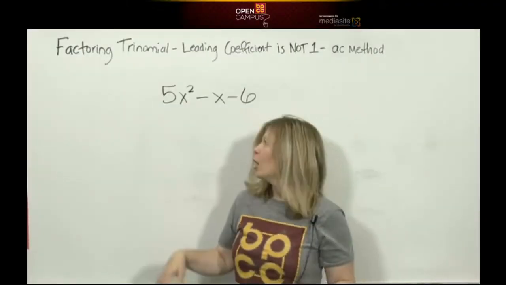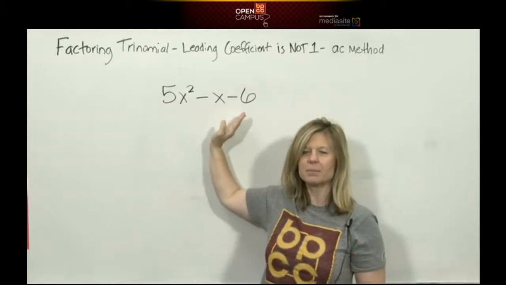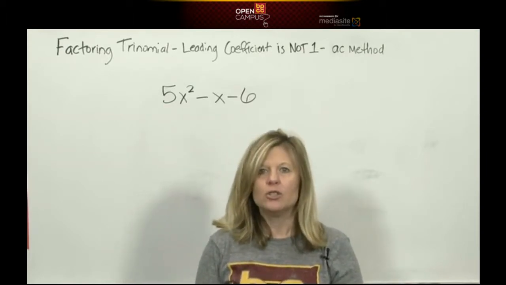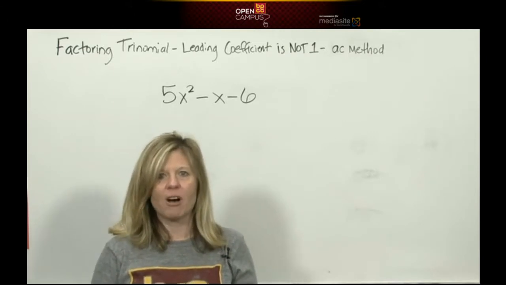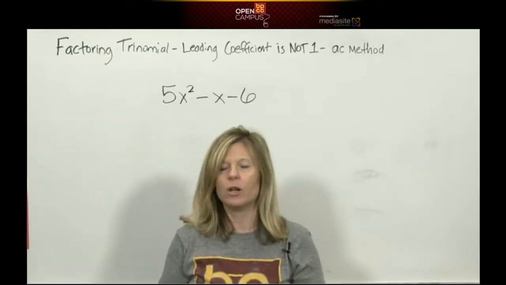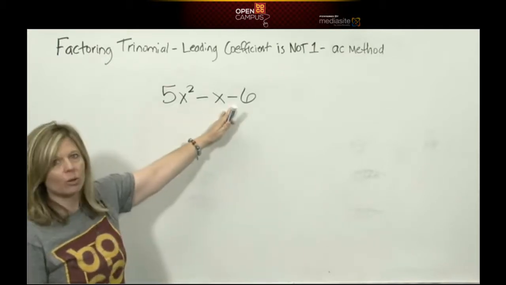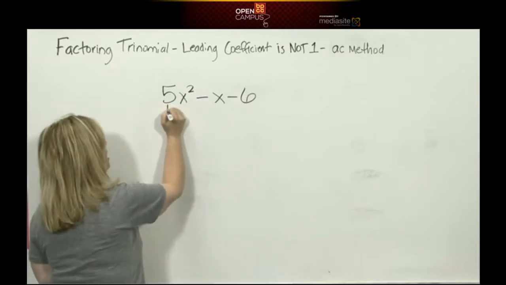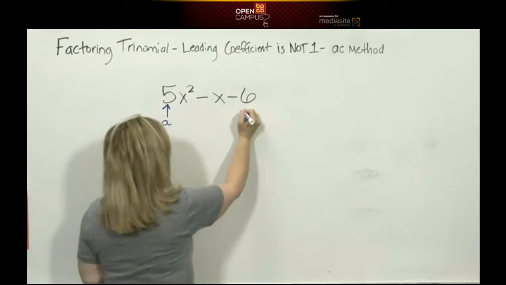Okay, I'm back. We're going to use that same difficult trinomial, 5x squared minus x minus 6, and now I'm going to show you another approach on how to factor it, doing the AC method. First of all, to do the AC method, you have to define what number is A and what number is C. As long as your expression is written in the correct descending order, A is your coefficient in front of x squared, so A is 5,